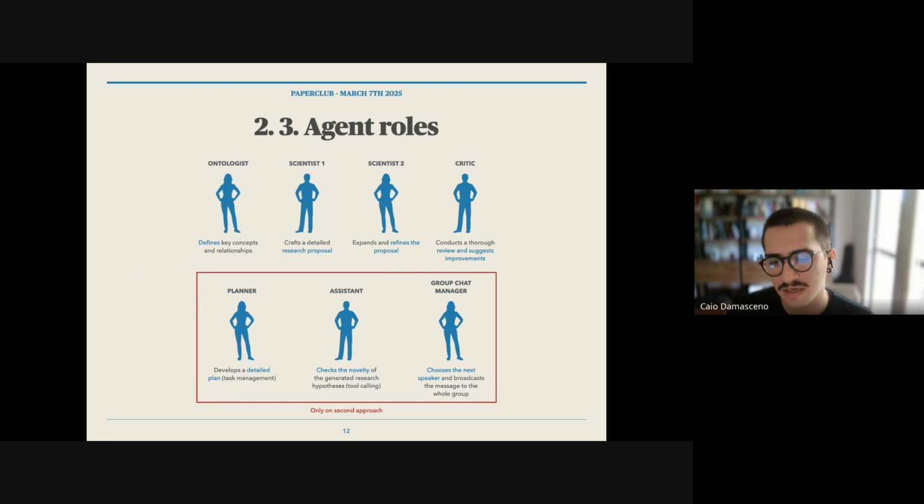It's the one that orchestrates the interactions between the agents. It says who is going to speak next and broadcasts the response to the whole group. And it's very nice because each one has access to the memory of the interaction of the entire group.